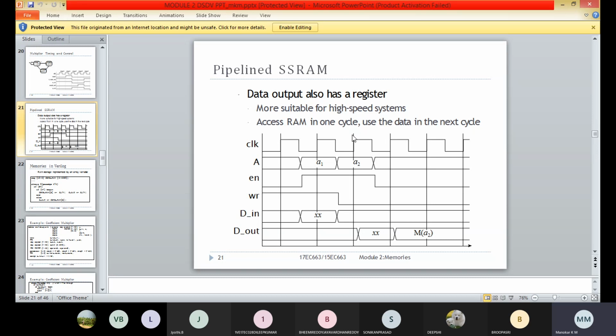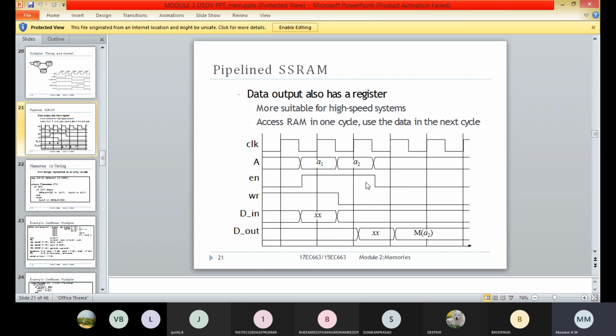Here we can observe that in the third rising clock cycle the write signal goes to 0. That is, we are going to perform the read operation.